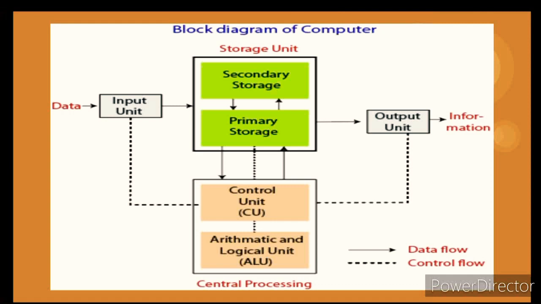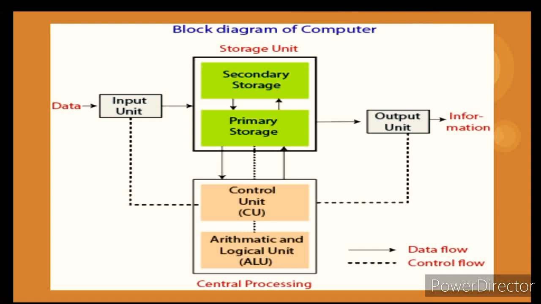Third unit, the memory unit, stores the data and instructions, and sends the instructions to all other units of the computer whenever needed. It is also known as primary memory or RAM. RAM means random access memory. All input and output are transmitted through the main memory. There are two kinds of memory we often refer to when it comes to the computer memory system: primary memory and secondary memory.